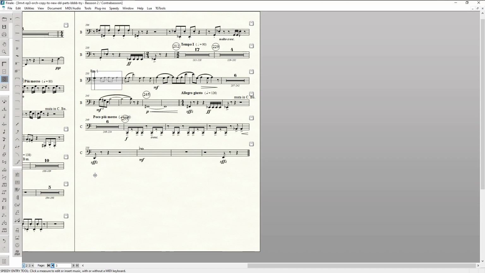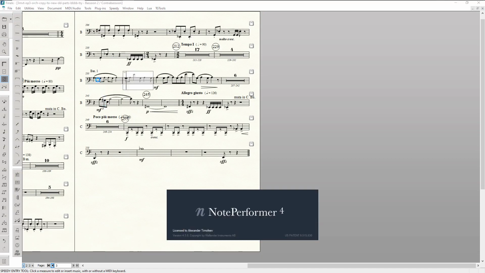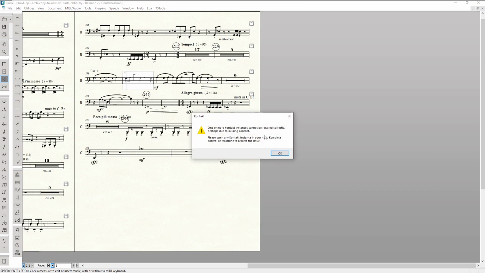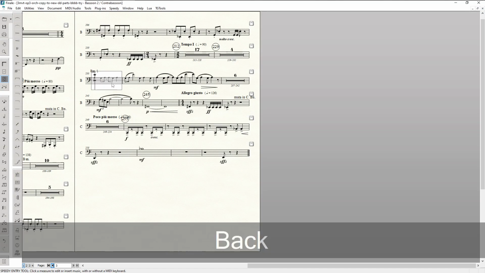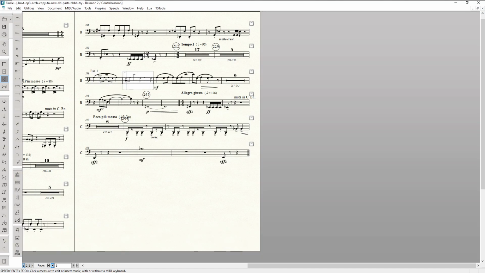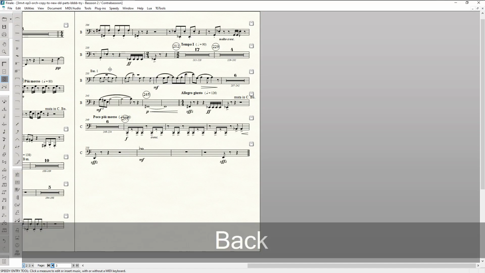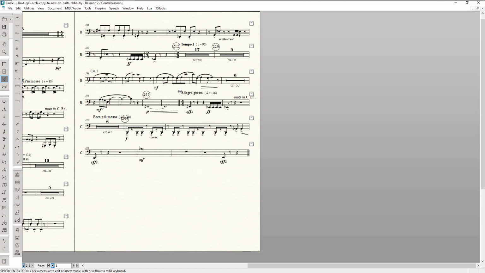Very interesting. Well, maybe we should create that rest if it's not there. Okay, very strange. Never had this happen before. Usually